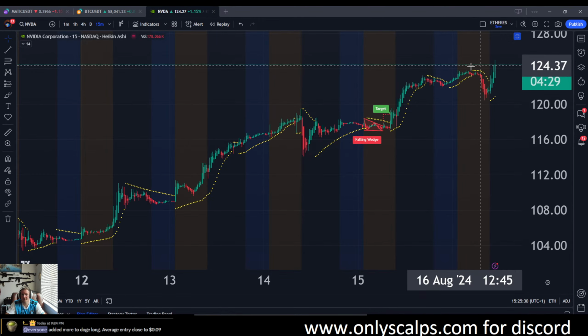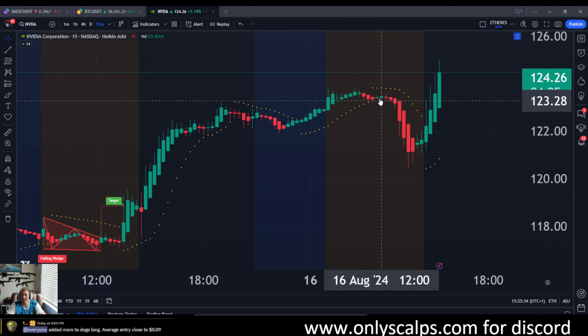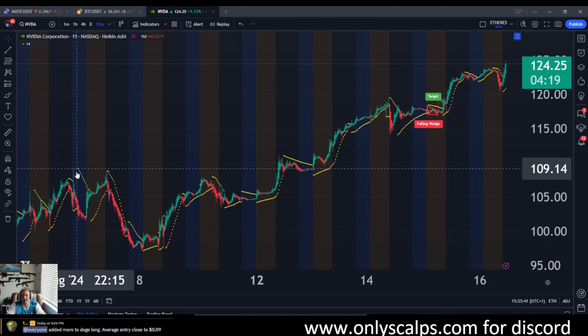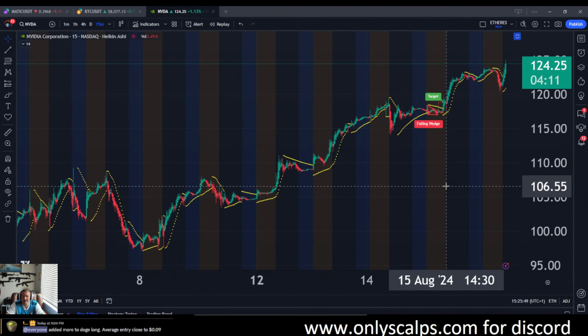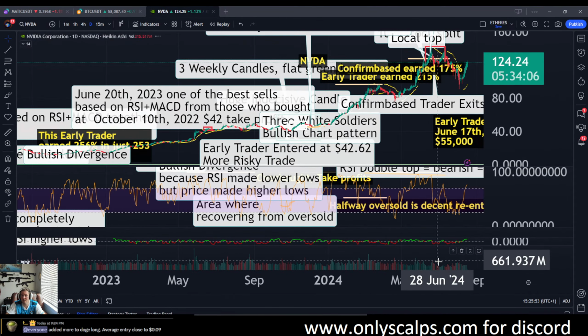Look at Nvidia. Nvidia is doing a nice recovery on the 15 minutes. We did drop down here the other day at about 96, but Nvidia almost fully recovered from that dip and is up over 27% in just 8 days. 8 days it recovered. And you look on my daily,